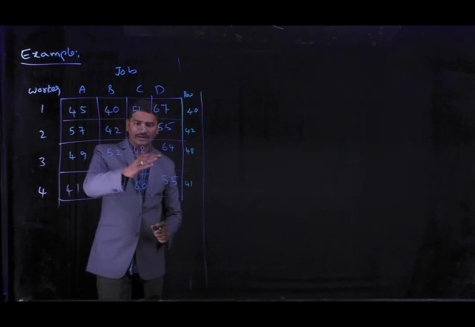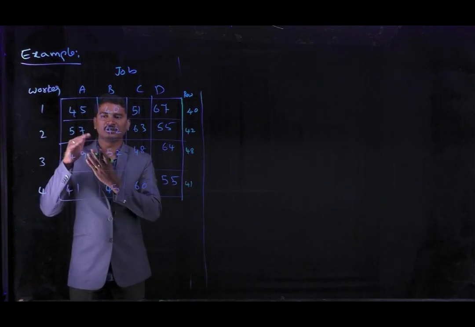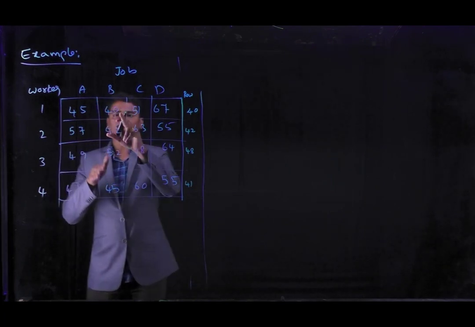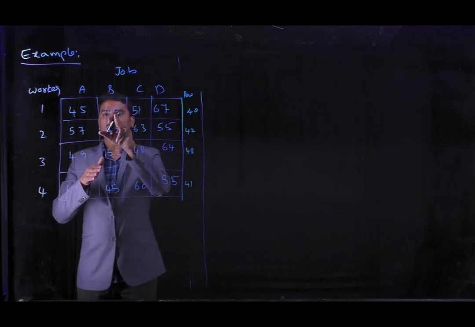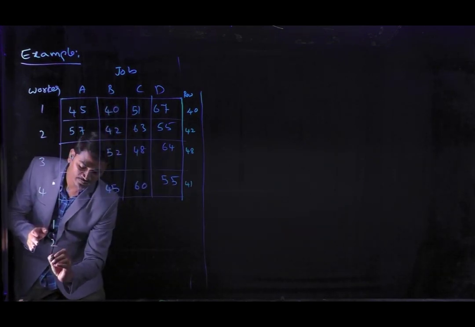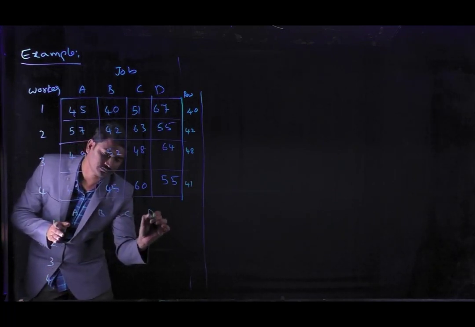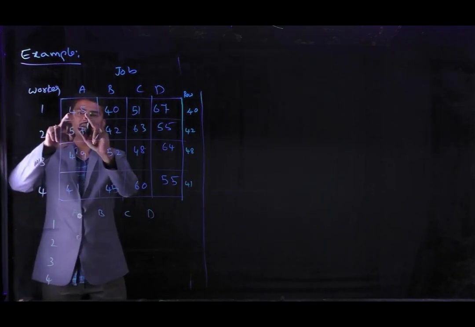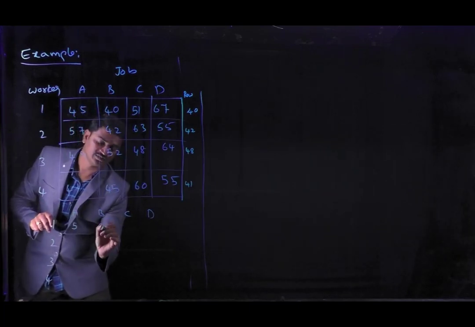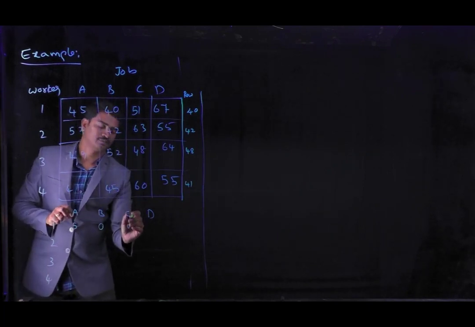After identifying the row minimum values, we subtract that row minimum value from that row, including itself. If suppose here we have 40, again we subtract that minimum value here also. After subtracting the row minimums, we get the new table. Initially 45 is there, we subtract 40 from this, so we get 5. Next here 0. Next here 51 minus 40, 9.